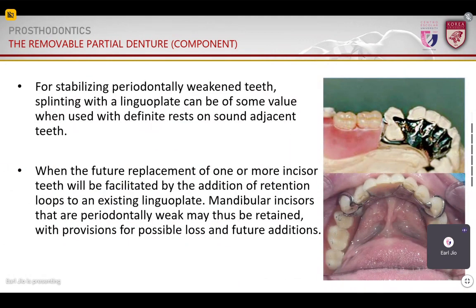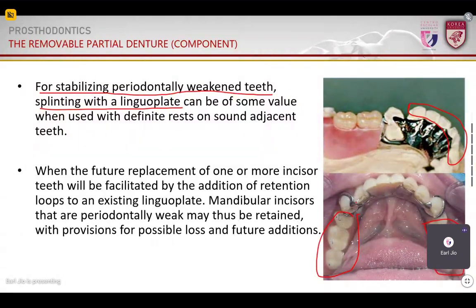And also, one indication of a lingual plate is for stability of periodontally weakened teeth. Splinting with a lingual plate can be of great value when used with definite rests on sound adjacent teeth. So it says here that another indication is if our remaining natural teeth are periodontally compromised. Again, when we see bilateral distal free end cases,